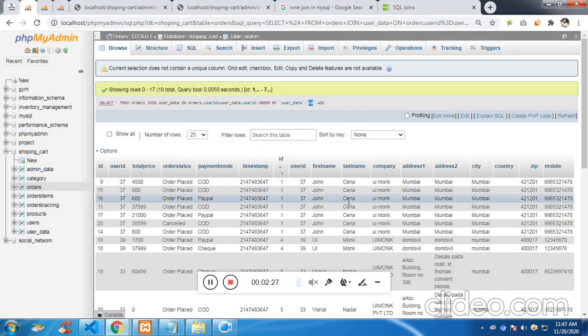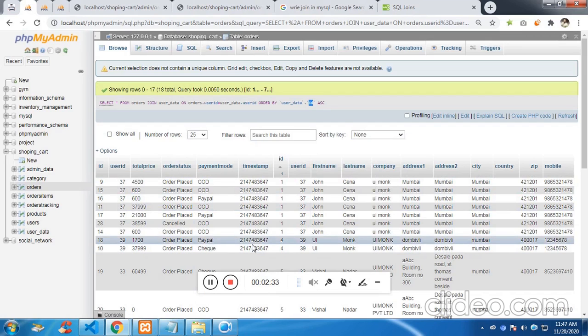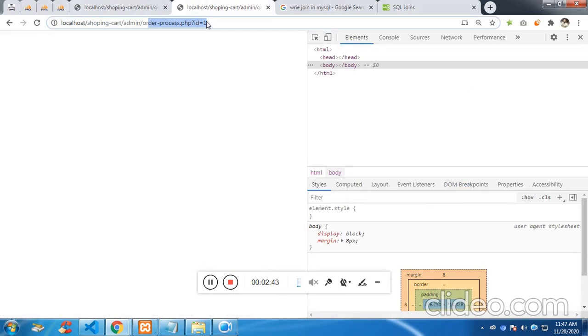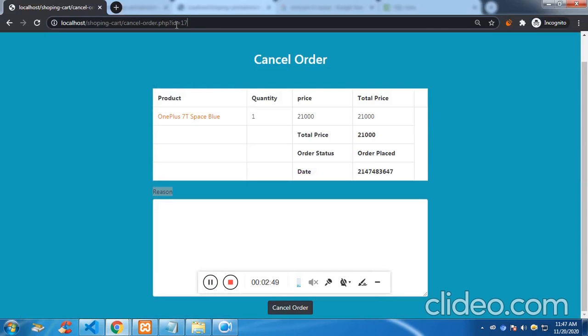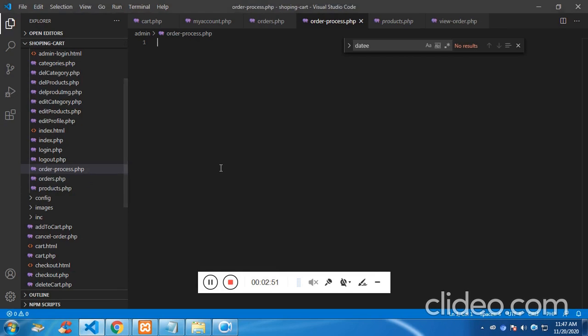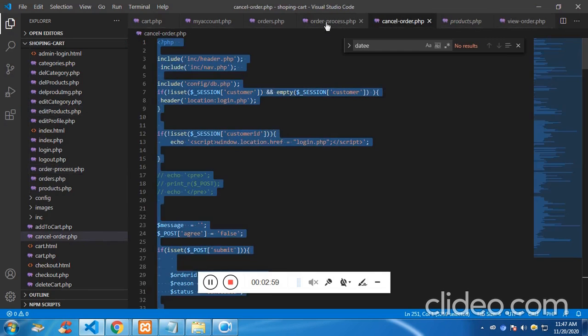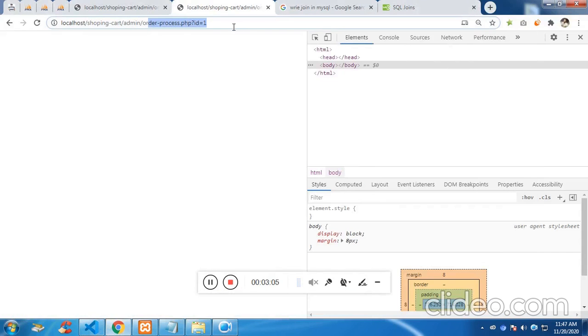Here we're getting the product 1. So if I see, I should get the order process and the ID. And now what I'll do is, on the order process I'll copy the code from cancel order, and paste it over here. Now I will close this. If I refresh,